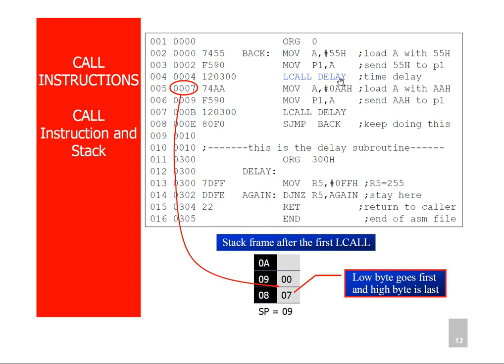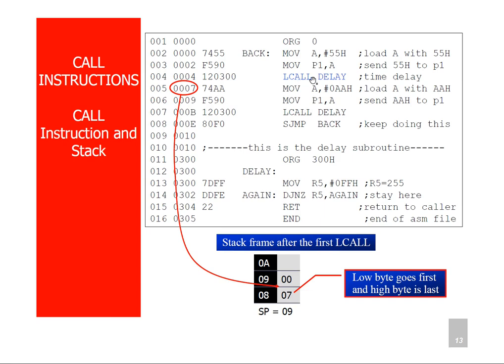And this LCALL delay instruction is a 3-byte instruction. It requires 3 memory locations, that is from 0004 to 0006. Hence the next instruction address is 0007, that is MOV A, #0AAh. So this is how the instructions will be stored in the code memory.